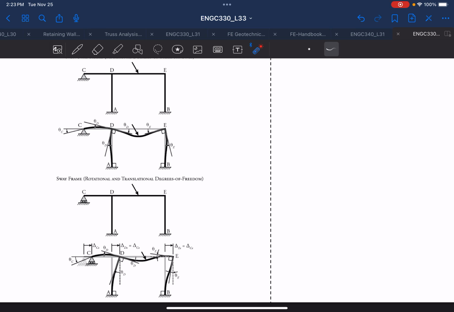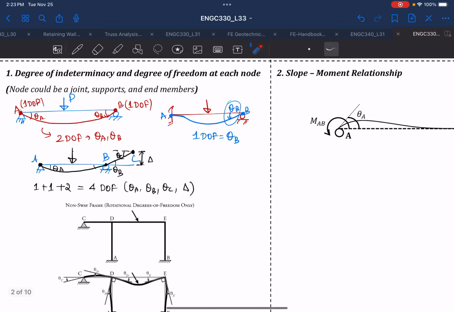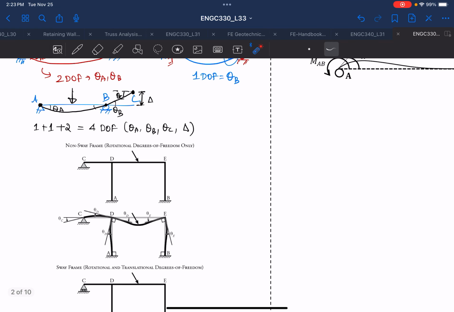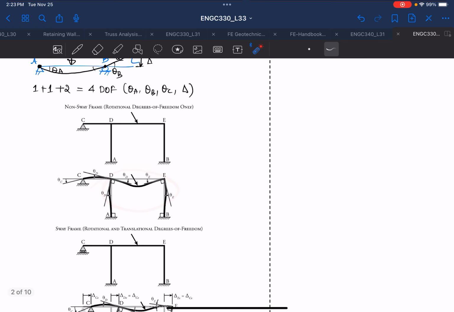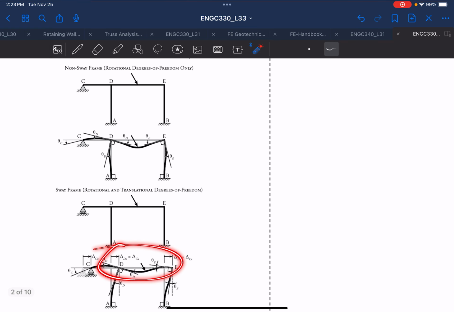And degree of freedom generally tells you the idea of how many variables will be there in your slope equation. If 1 degree of freedom, that means theta B will be the only variable you'll have in your equation. If 2 degrees of freedom, that means theta A and theta B will be the only variables. If 4 degrees of freedom, then you'll have all these 4 variables. And similarly with all this degree of freedom for the non-sway and the sway frame, you'll have an additional variable